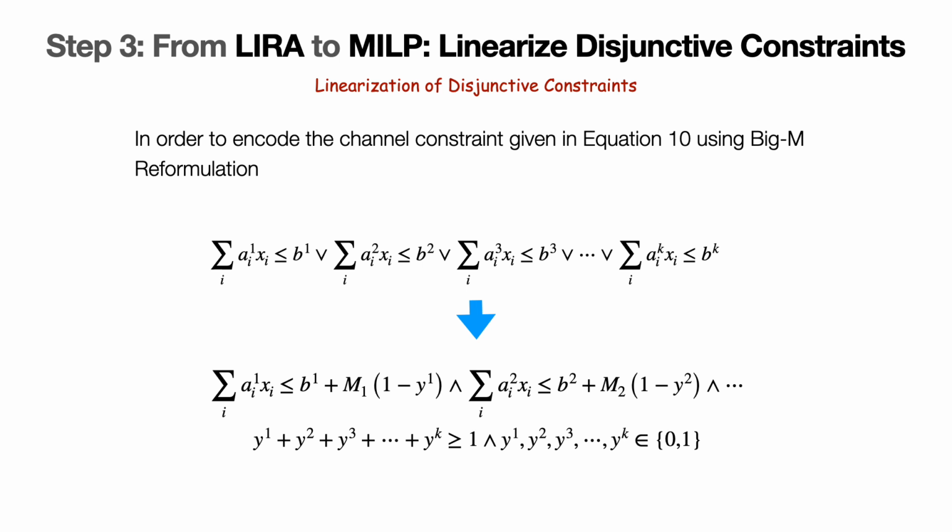In our work, we used a big M formulation where a sufficiently large number M is used to nullify one set of constraints. This is accomplished by adding or subtracting the term M times 1 minus Y to the upper bound and the lower bound constraints respectively. The bounds are chosen such that they are as tight as possible. But we are able to statically over approximate M values in our problem setting, since the decision variable x's are binary variables that can take maximum 1, right?